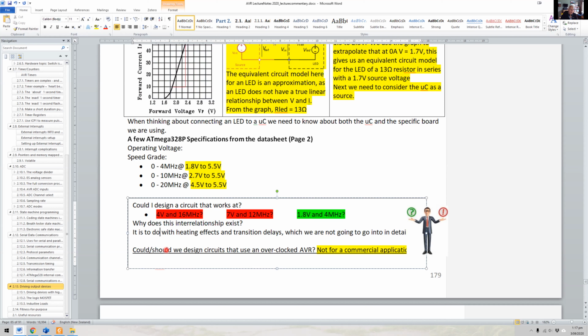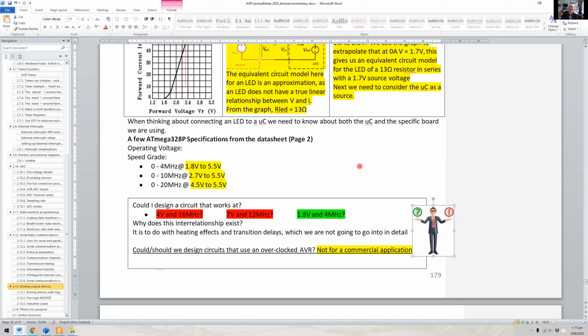Now, could or should we design circuits that use an overclocked AVR because our specification goes to 20 megahertz? Well, the answer is absolutely not for any sort of commercial application. You might get away with it, and I have tried and got away with 22, sometimes 24 megahertz, playing around with them, but you don't want to do that. Not for a commercial application. Stick to your specifications. That way, if something goes wrong, you can always point the finger at the manufacturer,